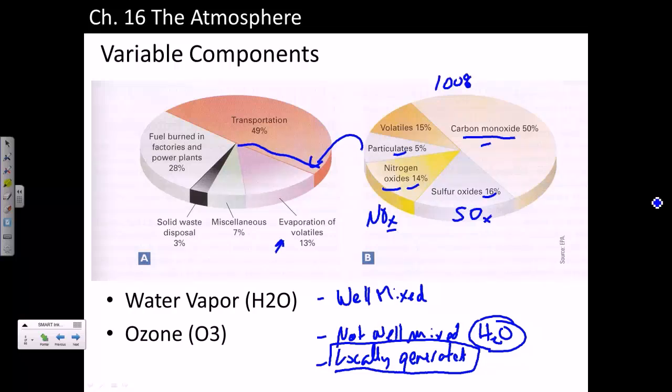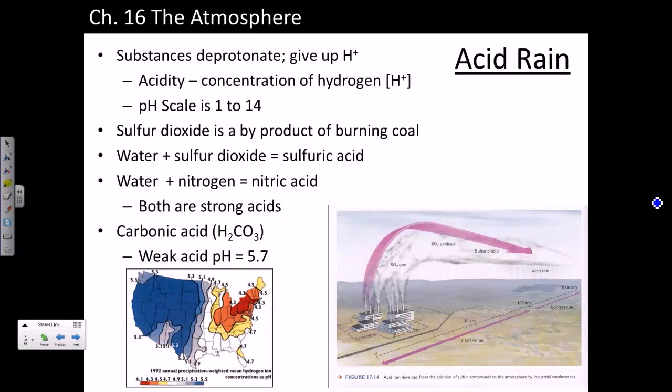And again, they're variable because, well, they're not well mixed throughout the atmosphere for a couple of different reasons. One of the consequences of having NOx and SOx, for instance, so here's our sulfur dioxide, okay, and our nitrogen oxides, is that they make strong acids within the atmosphere. And that has caused issues in the past with gases heading up into the atmosphere, mixing with water and creating a sulfuric acid, or even nitric acid, and then an acid coming down in the form of precipitation.